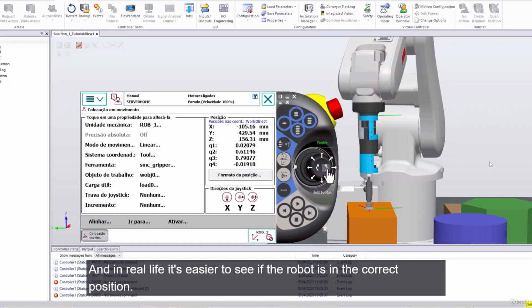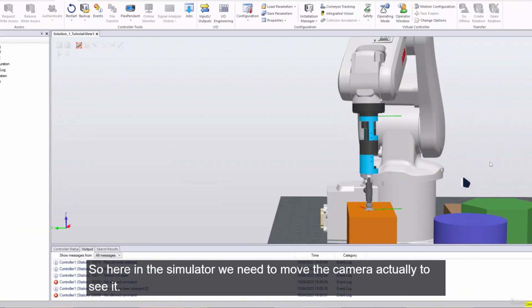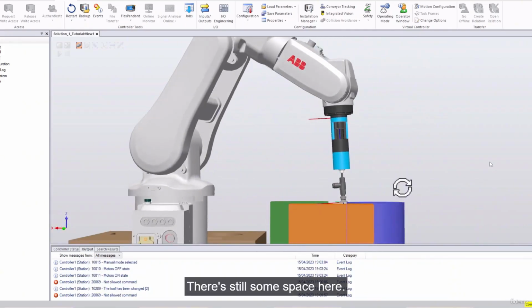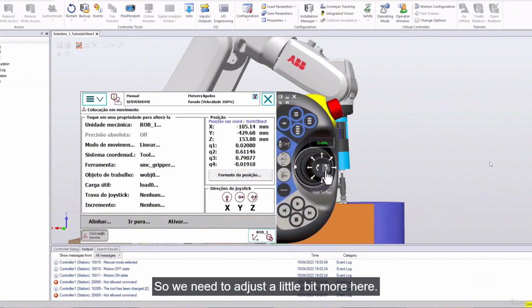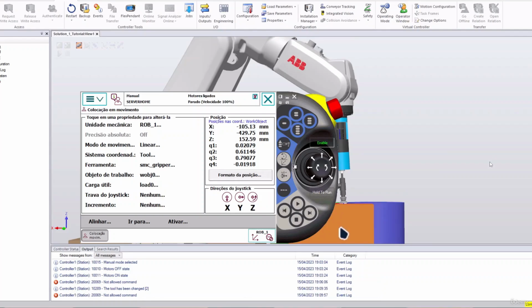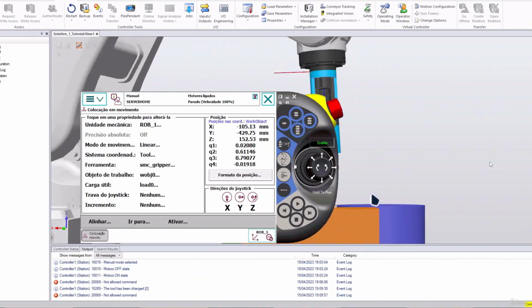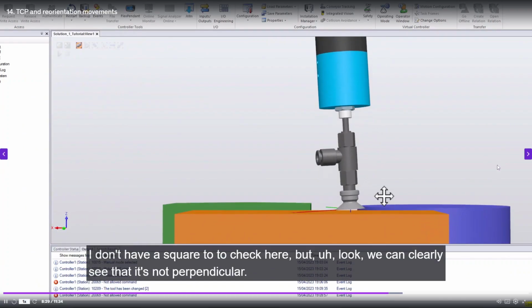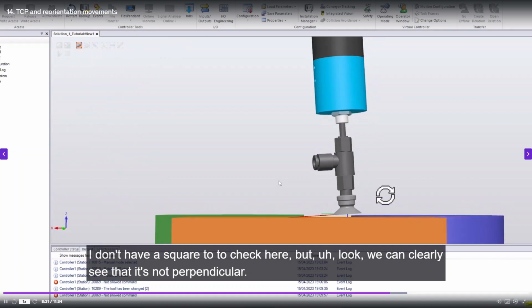In real life, it's easier to see if the robot is in the correct position. So here in the simulator, we need to move the camera actually to see it. There's still some space here, so we need to adjust a little bit more. Let me zoom in. Yeah, clearly not perpendicular. I don't have a square to check here, but